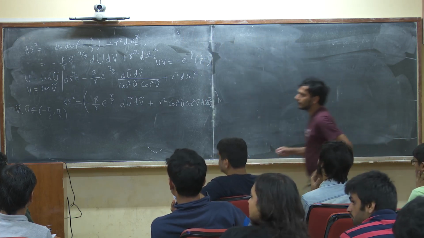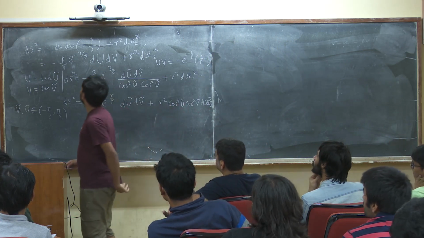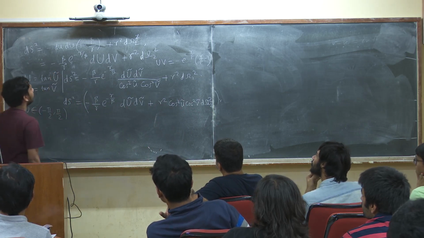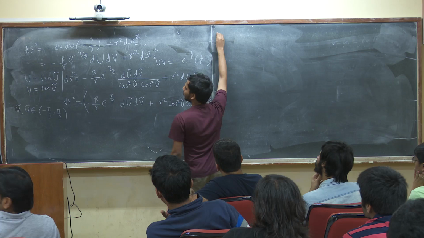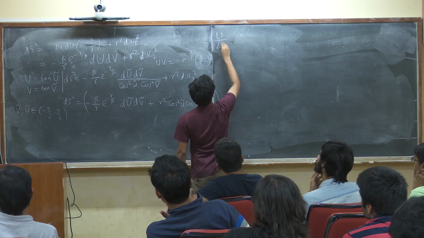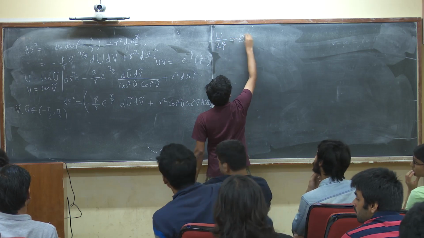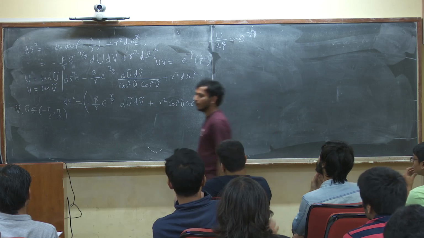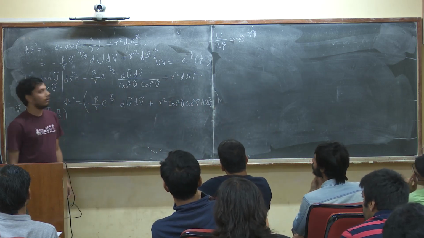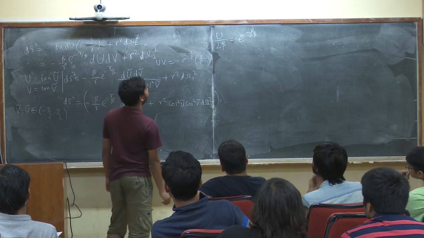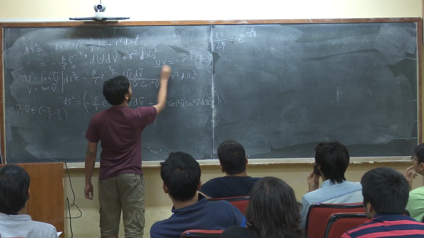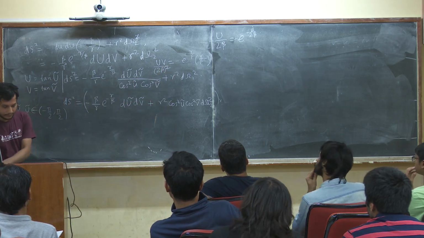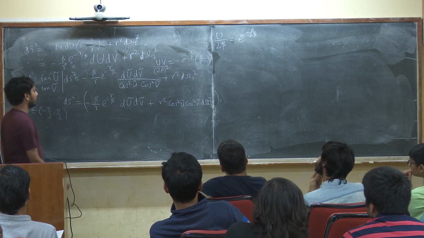Excellent. There is a beta square term in this first product. It should have 2 beta whole square. Yes. That will be, yes. So now,